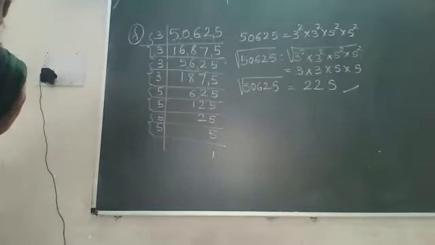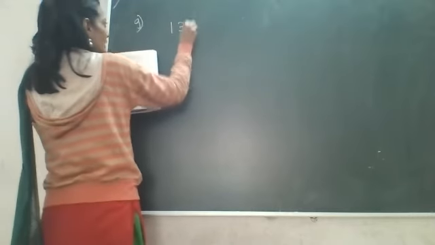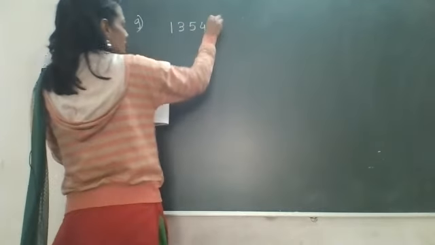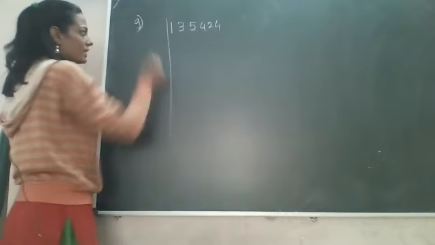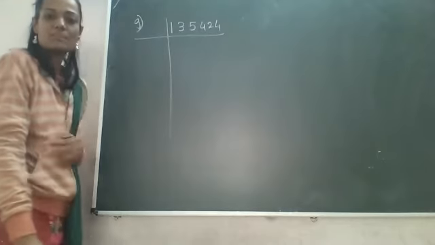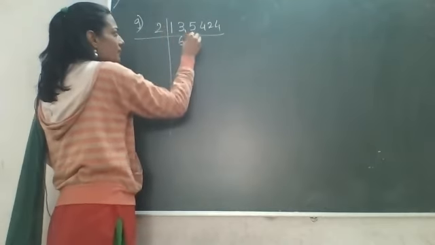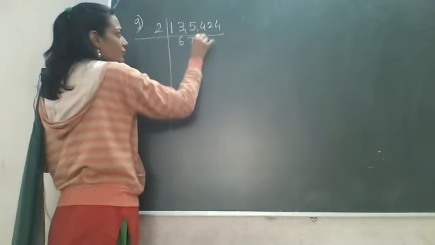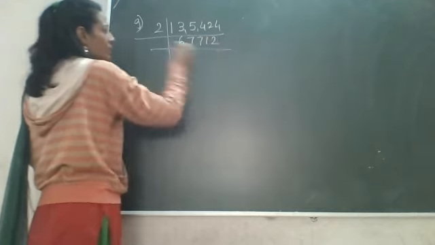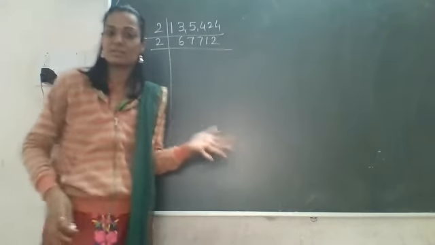So take the G question, which is given as 135424. That is our next question, to find the prime factors. Now it is an even number, so it is divisible by 2. 2 6s are 12, 2 7s are 14, and so on. So, are you getting how I am doing this?